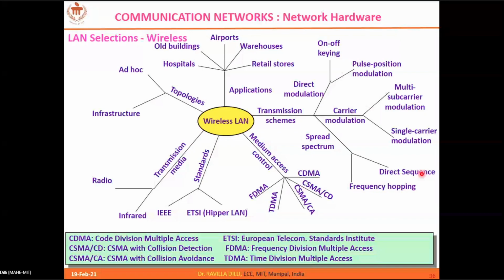So unauthorized people cannot retrieve the signal, but the authorized people have to use the same spreading sequence that you used at the sender side to despread the signal and retrieve the original content. So for security purposes we go for spread spectrum based communication.